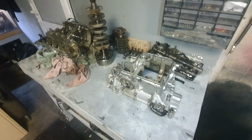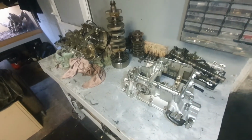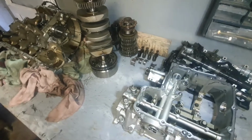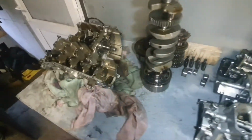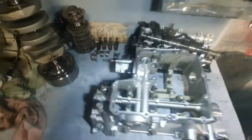Right, so here we are at the engine. There's no other way of me showing anything else first without showing the new bike in the background, so I'll start with this. This one's fucked. I mean, really is fucked. I don't quite know how it happened. My only suspicion is on